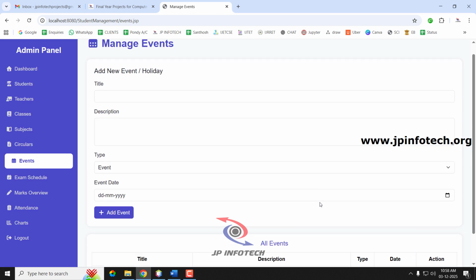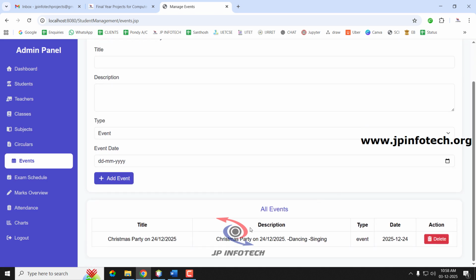So now you can see the event is added here successfully. You can see all the events whichever you have added. So you can add any number of events, and let us go to the next type, that is the exam